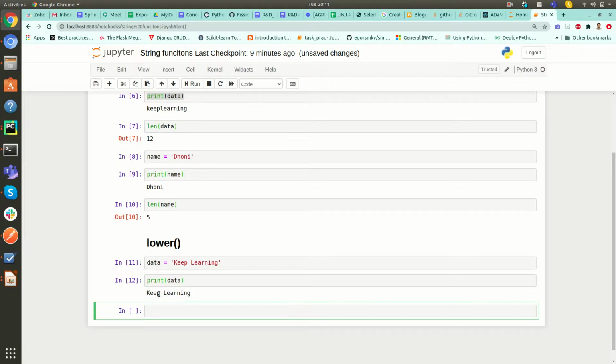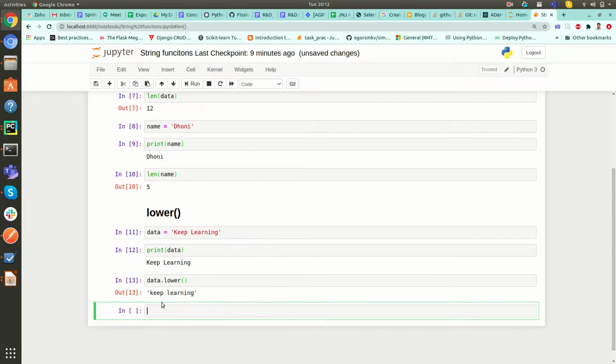Here you can observe that K is a capital letter and L is a capital letter. When I apply the lower function on data, data.lower(), and execute, it converts K into a small k and L into a small l. You can see how the function is applied.